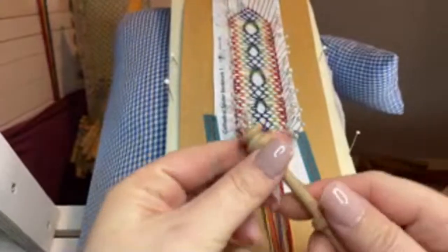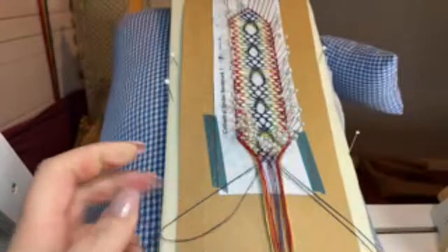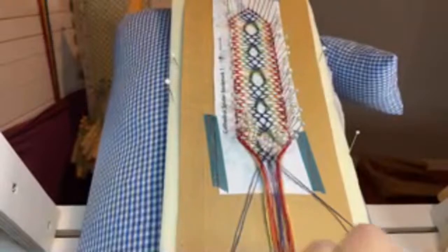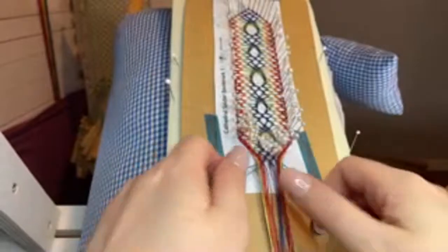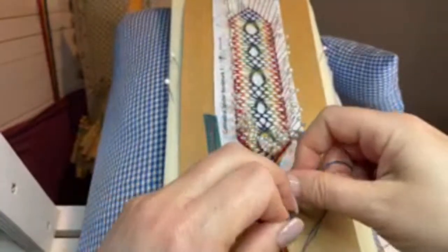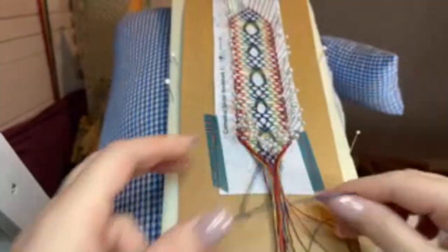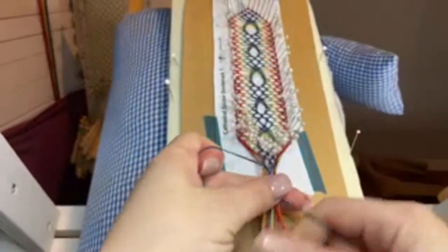Make sure that they're nice and taut. I'm going to take the thread off here as well on these. I will be using the blue threads to tie the end together. Okay, so I'm just going to make a simple knot here, making sure that